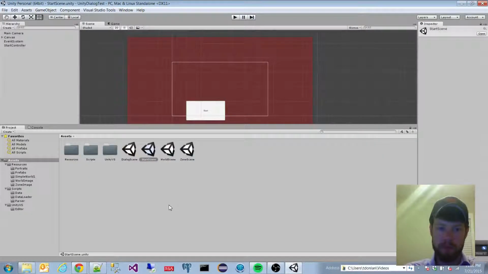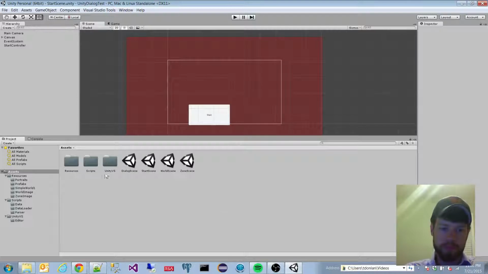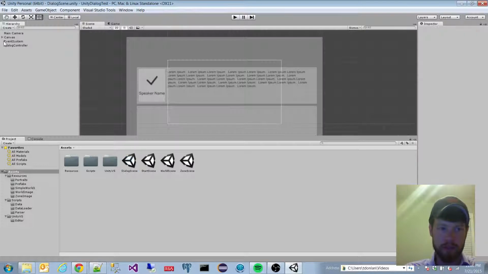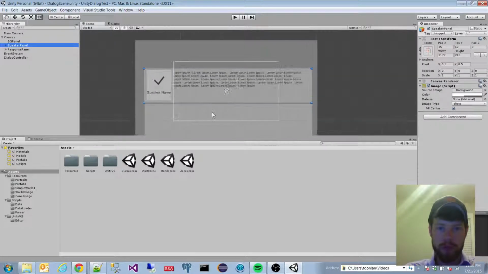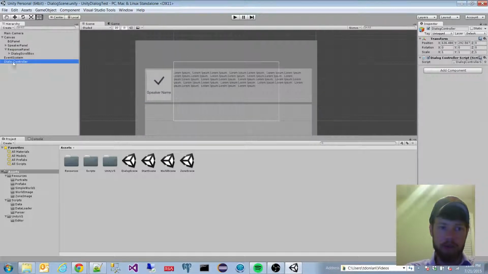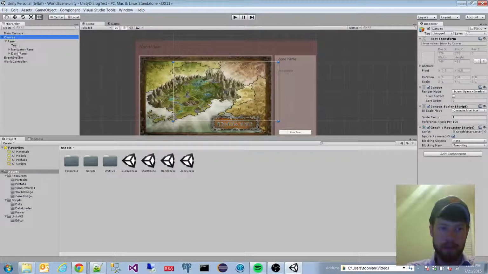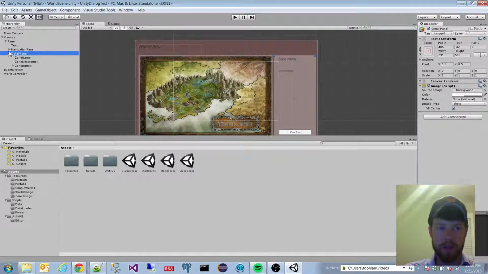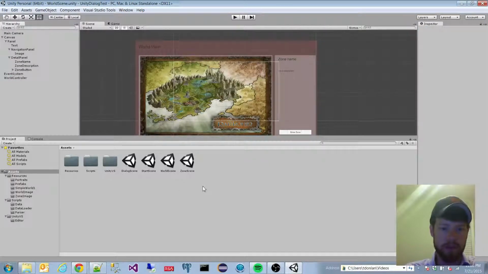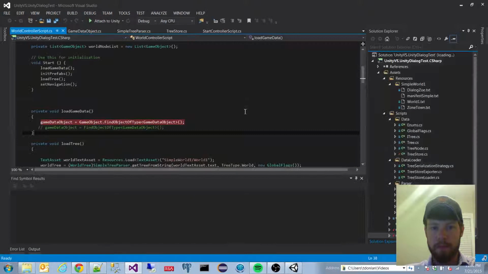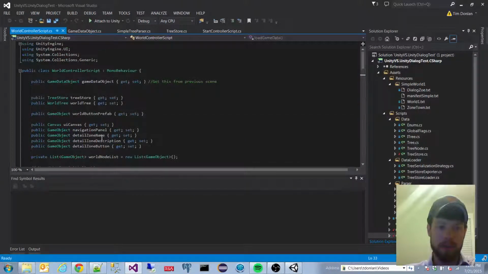So let me show how it's built. Aside from the Unity stuff, which is basically real simple scenes, like the dialogue scene is just two panels, wiring up the tree with a controller. The world scene just has a navigation panel, a detail panel, and an image. It's very simple Unity stuff. The meat of it is in the actual scripts. Alright, so let's go into